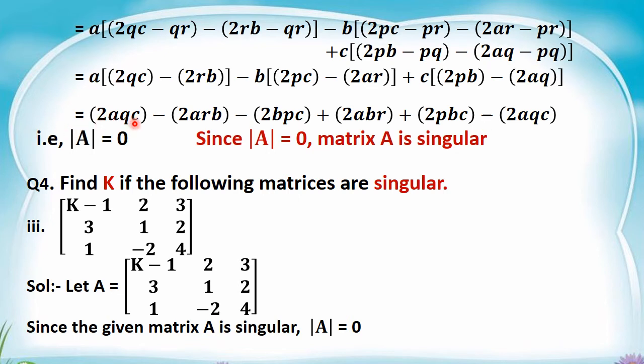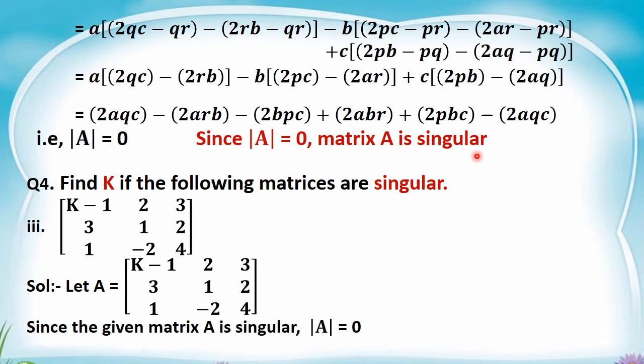2AQC minus 2AQC will get cancelled. Minus 2ARB plus 2ARB, ABR is the same as 2ARB, that also cancelled. Minus 2BPC plus 2BPC, PBC and BPC are the same, they also got cancelled. Then the determinant of A is equal to 0, which means the given matrix A is